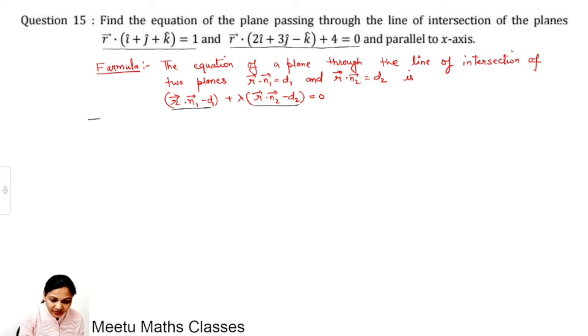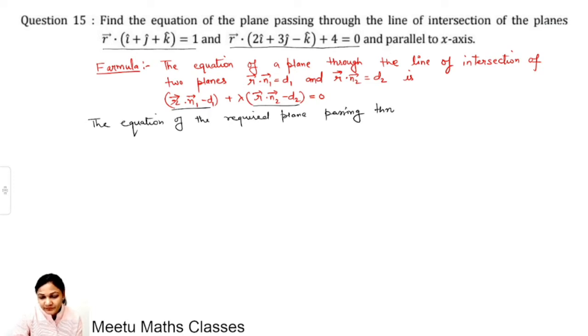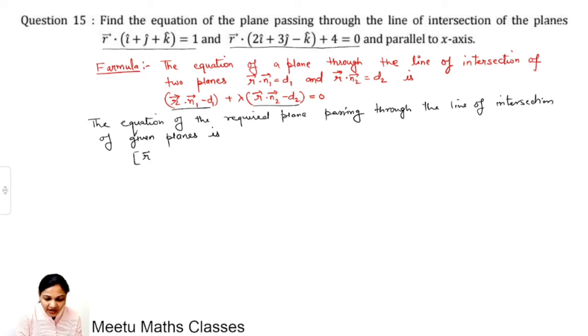So the equation of the required plane passing through the line of intersection of given planes, what will it be? First plane is r dot i plus j plus k minus 1, plus lambda times second plane, that is r dot 2i plus 3j minus k plus 4 is equals to 0,